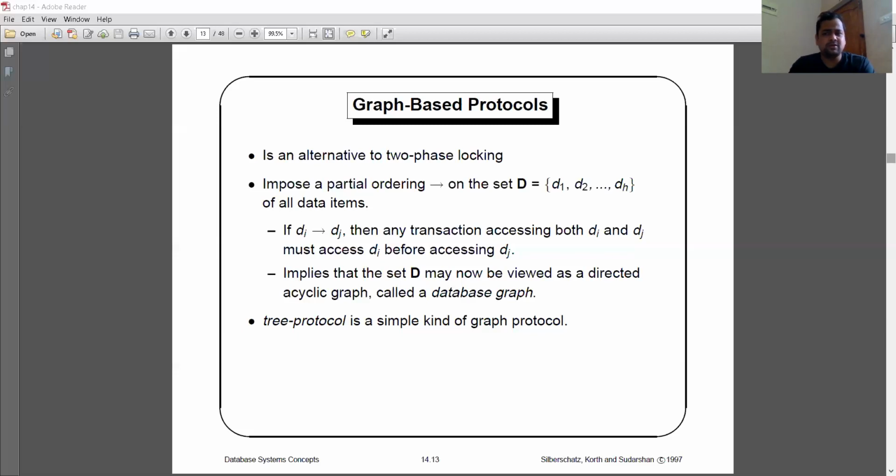Now, what is the output of this one? In this case, we can avoid this conflict operation from occurring by not allowing the lock to be granted until the write lock has been freed. That means we cannot give this read operation until there is a write operation and an unlock operation. Is it clear? That means once we have to use the data item A, we have to perform the unlock operation on that item. Once you perform the unlock, then you can use the data item with the others.